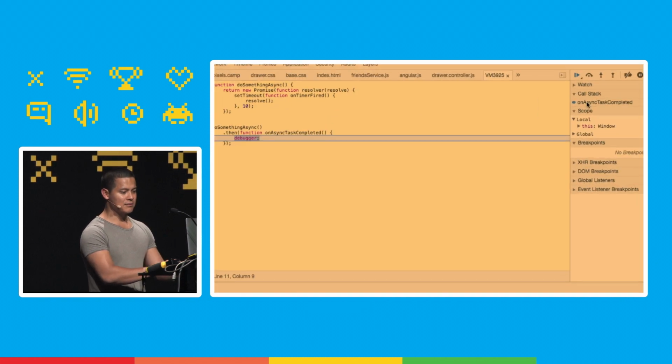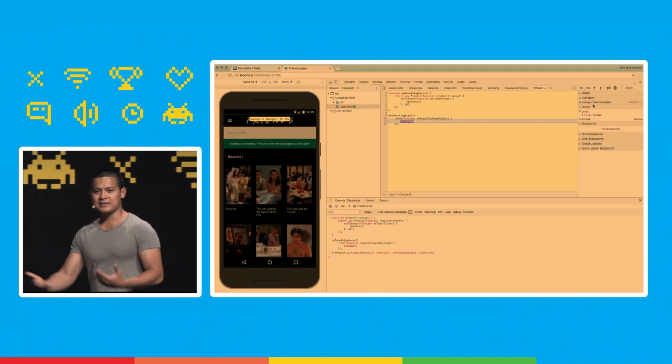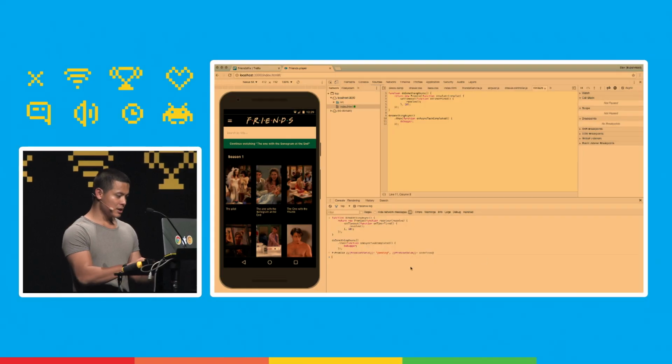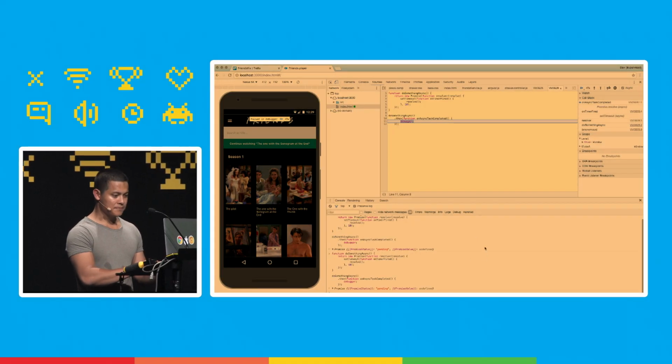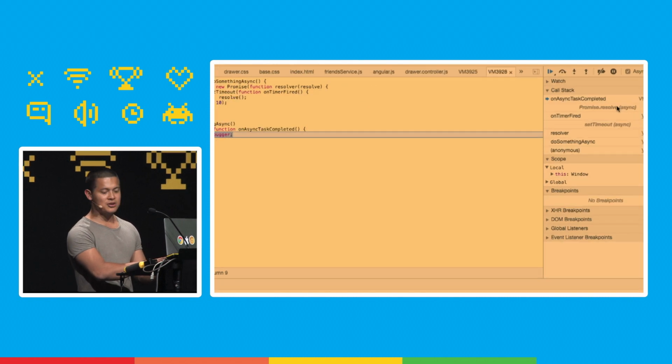Right? So let's see. Enter and check out the call stack. On async task completed. That's all it got. It doesn't tell you about where the async task started. Why did it complete? Nothing about that. So with this async, let's watch this stack trace when the async flag is turned on. So I'm going to do async flag on, re-execute the same function, and now we get this richer stack trace